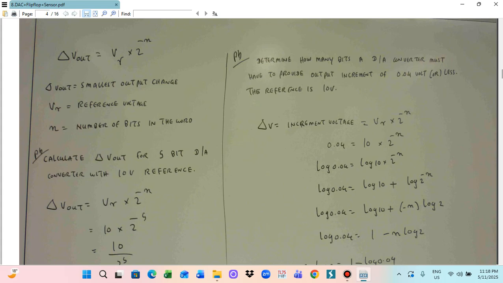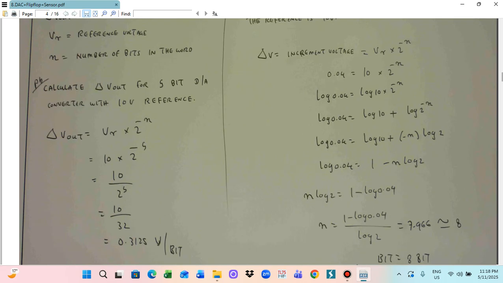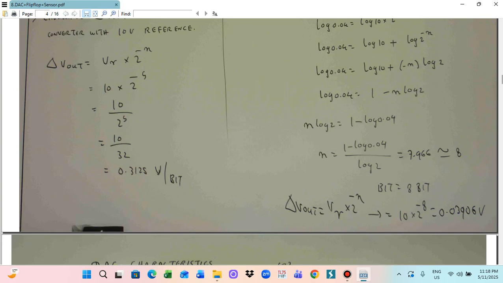In this case, we take the log of both sides. So log 0.04 equal to log 10 multiplied by 2 power minus n. So log 0.04 equal to log 10 plus log 2 power minus n. So log 0.04 equal to log 10 plus minus n log 2. By solving this, n is equal to about 8 bits. So we got it like this, and V out we can then calculate: VR multiplied by 2 power minus n, so 10 multiplied by 2 power minus 8. So you got